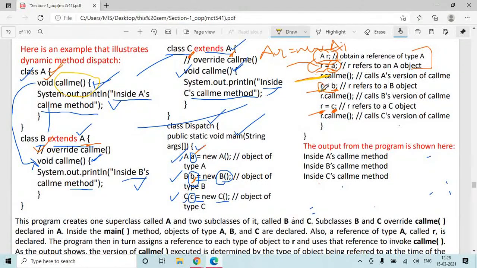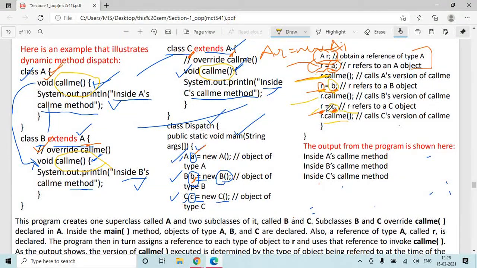When the reference of the A is pointing to class B object and you give a call to r.callMe, the same line will give a call to this version B, this call me. There is a reference when you assign an object of type C, and then if you give a call r.callMe, this will give a call to this callMe function.